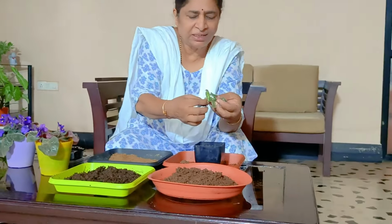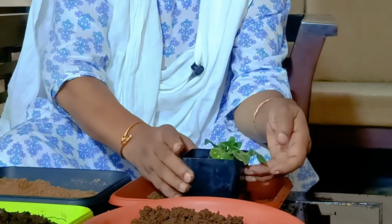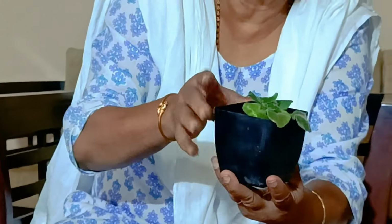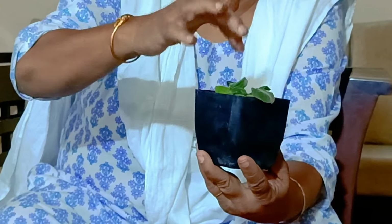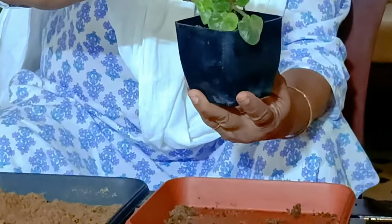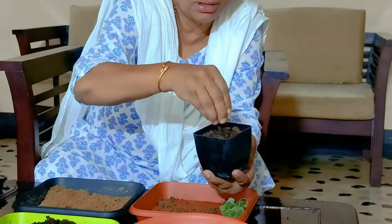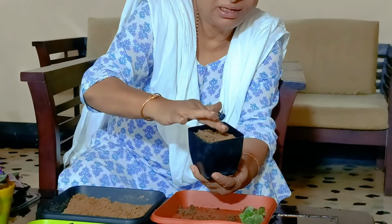So as I said, a small pot, place it here. See that the leaves rest on the edges. The leaves should not rest on the soil. Don't make it completely like this and inside. So you add some more soil mix,